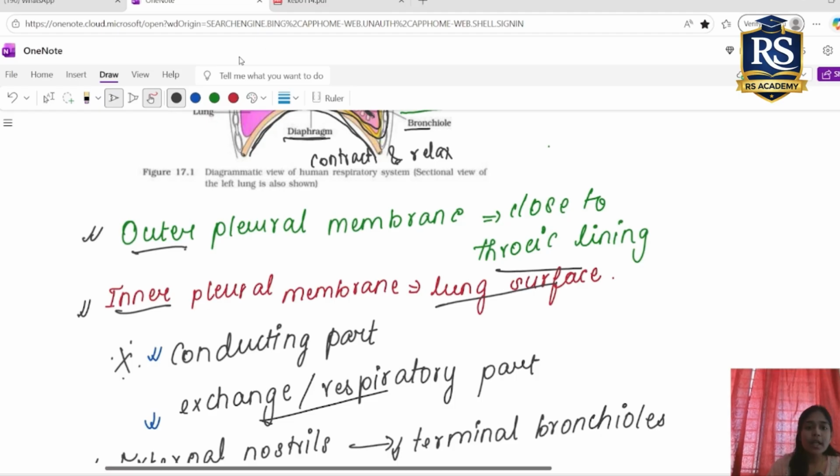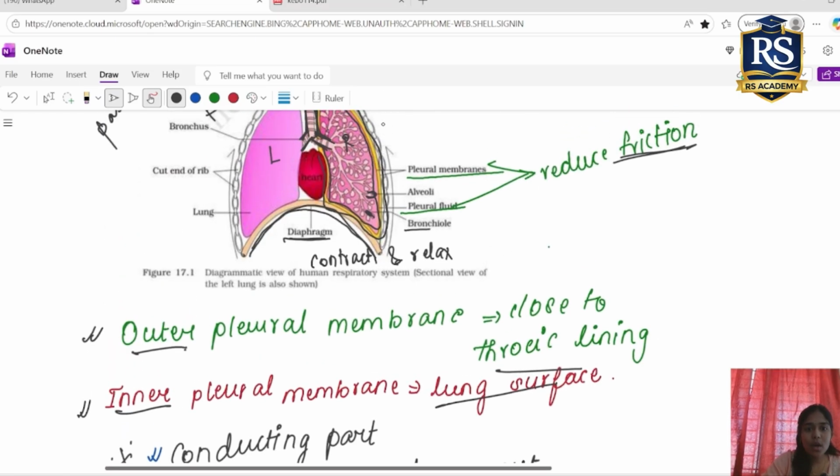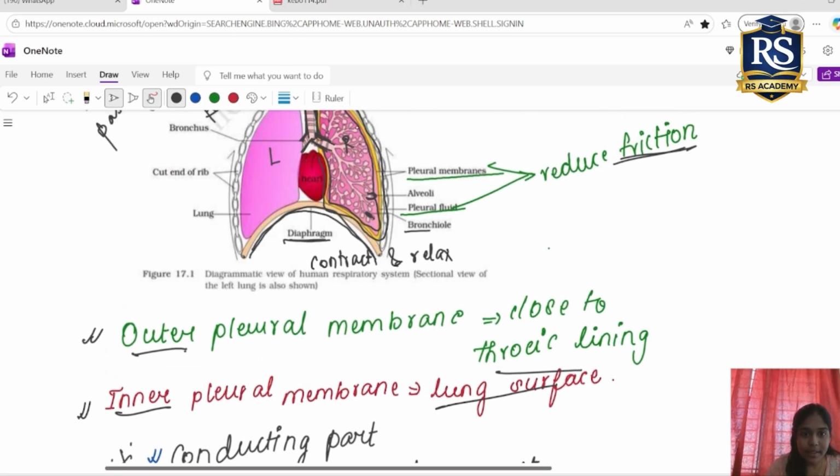Okay. I have already told you that the lungs are surrounded by a double-layered pleural membrane. This and this part. So one is the outer pleural membrane, another one is the inner pleural membrane. The outer pleural membrane will be close to the thoracic lining. This is the outer pleural membrane. And what is the inner pleural membrane? The inner pleural membrane is close to the lung surface. So this is the lungs; the one close to the lung surface is the inner pleural membrane, and the one which is outer will be close to the